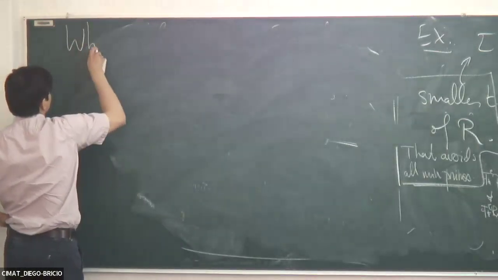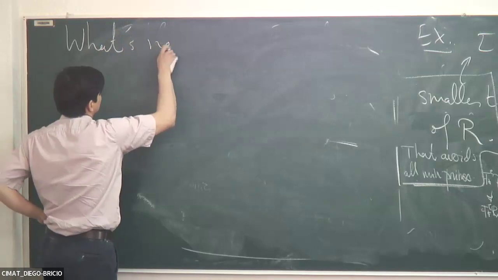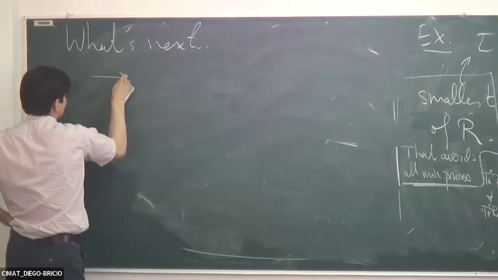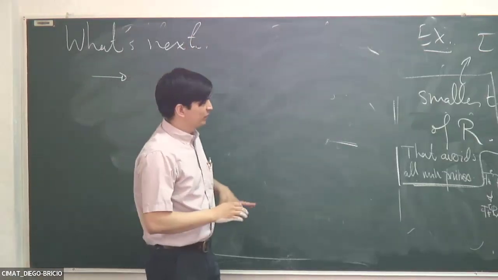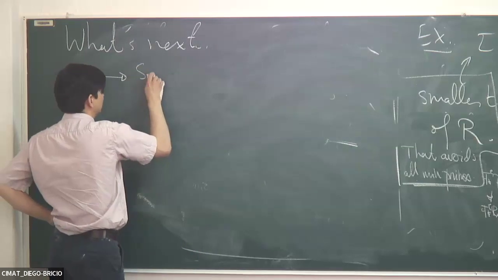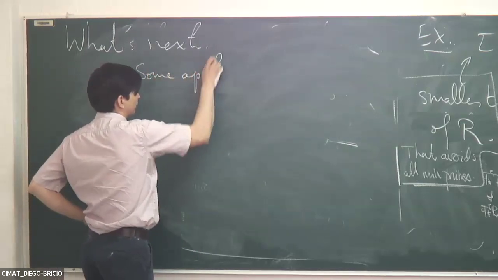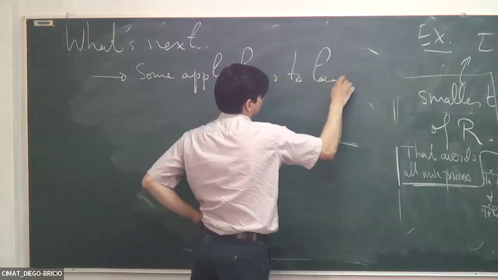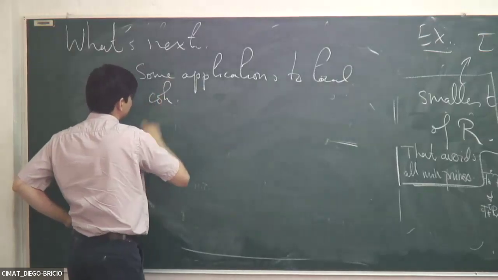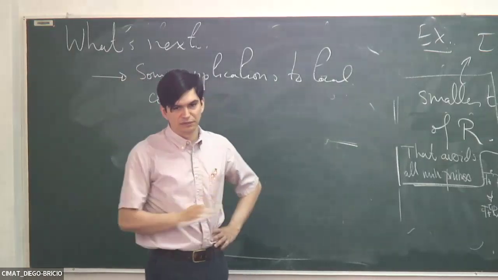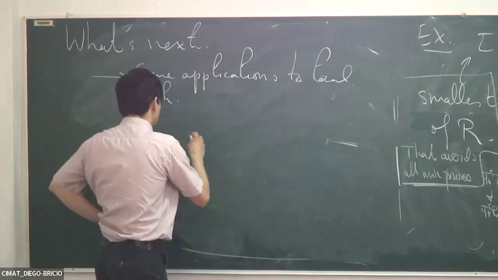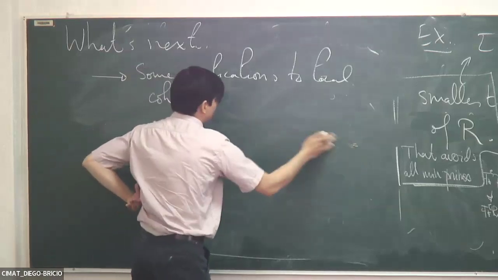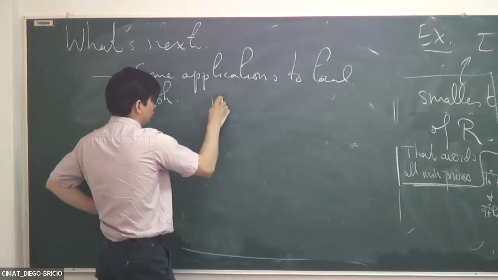Let me tell you the plan. From here, what makes sense to do is some applications to local cohomology. In particular, the famous one. It's not the most important application, but it's one of the important applications, which is to prove that